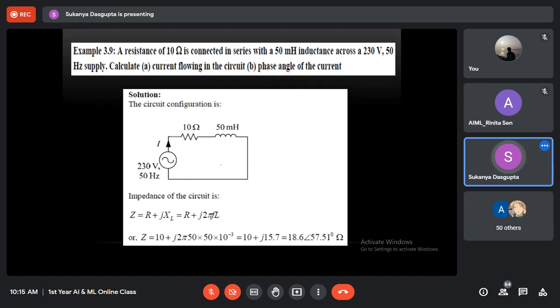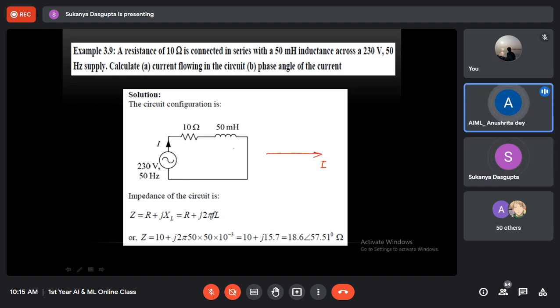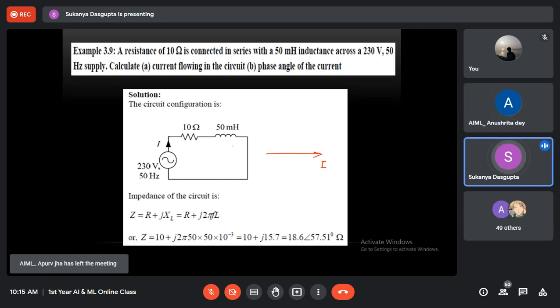This is an RL circuit, right? This is an RL series circuit. Yes, ma'am. So for a series circuit, we always consider I RMS as the reference. So I'm not writing RMS in the phasor diagram. I means I RMS as the reference one. Fine? Shouldn't we consider V as the reference? Yes, we can consider V as the reference, but usually for a series circuit, we consider I as the reference. And in case of a parallel circuit, we consider V as the reference.